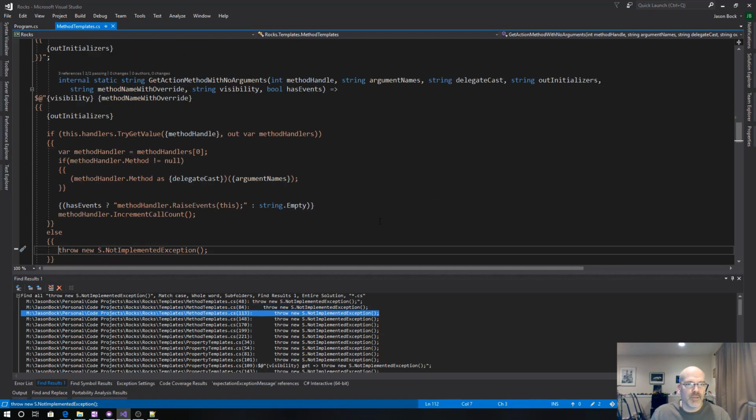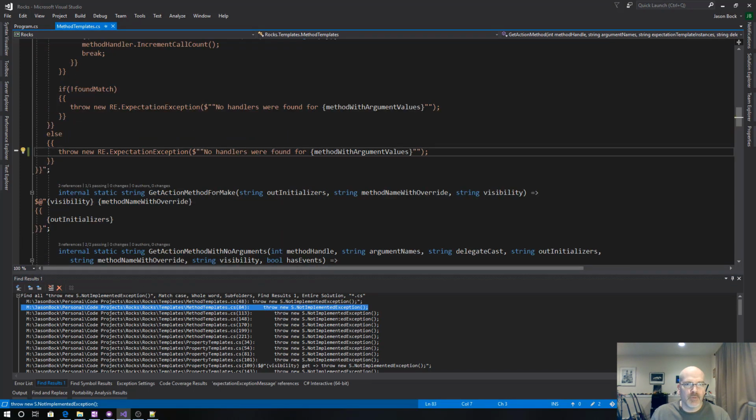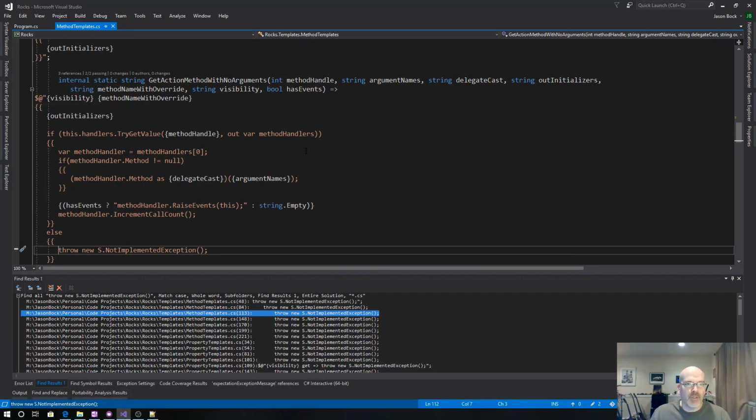So what would I do here? Well, what did I do here? Method with argument values. This is what? Get action method with no arguments. This is still, why in the hell would you be passing in argument names? That doesn't make any sense. This is, yeah, this is stinky because I do want,